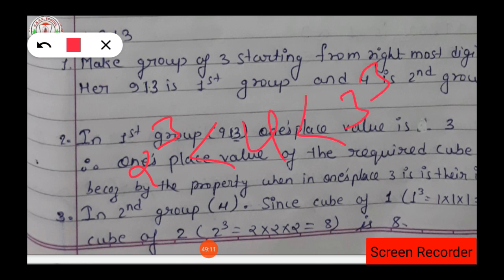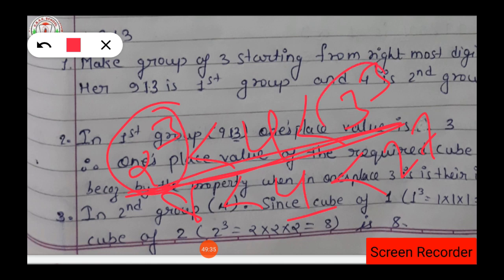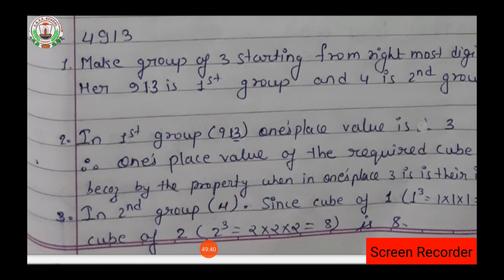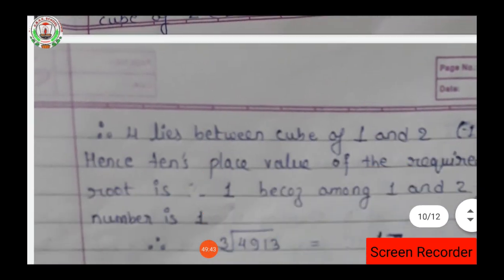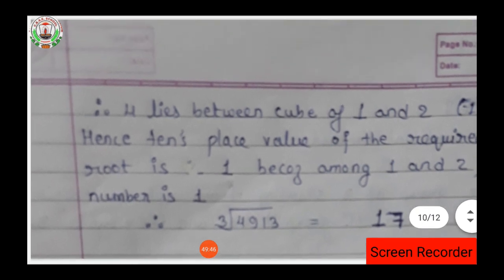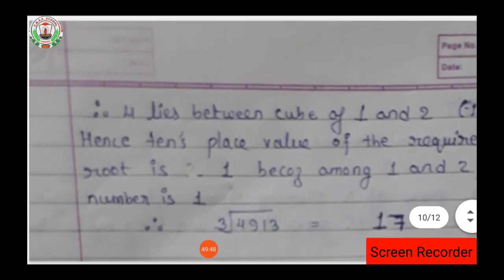क्योंकि 2 टू द पावर 3 जो है 8 होता है, तो 8 जो है वो 4 से ग्रेटर हो जाएगा, और 4 जो है वो 3 इंटू 3 इंटू 3 विल बी 27 से लेस हो जाएगा, मतलब जो 4 है वो 2 और 3 के बीच लाई करेगा। तो इस 2 और इस 3 में दोनों में से सबसे छोटा नंबर कौन सा है, 2 है। तो जो छोटा नंबर 2 है उसको ही हम लेंगे टेंस के प्लेस वैल्यू पे,